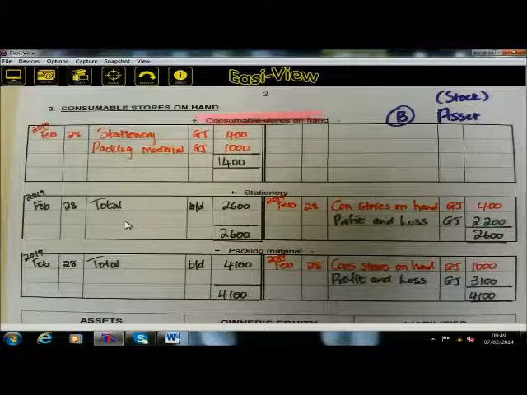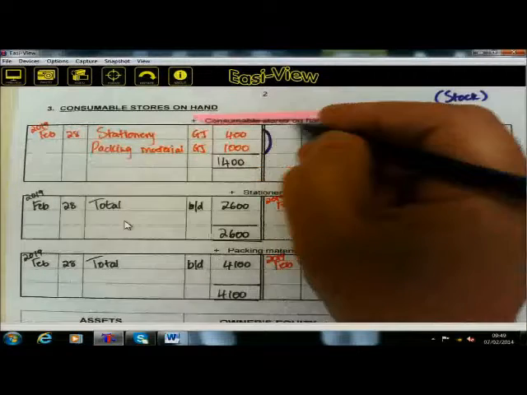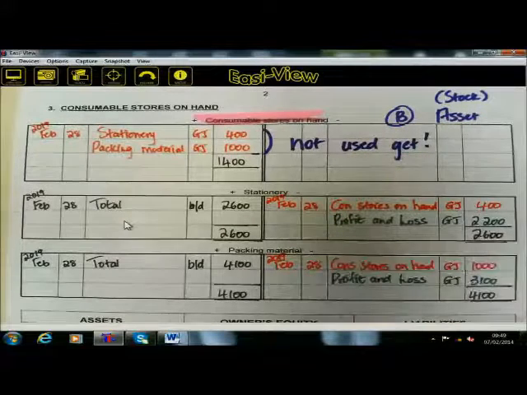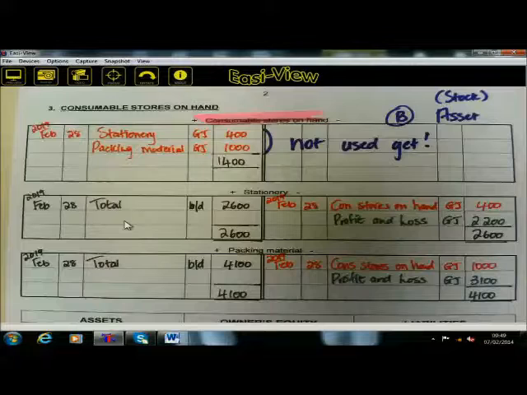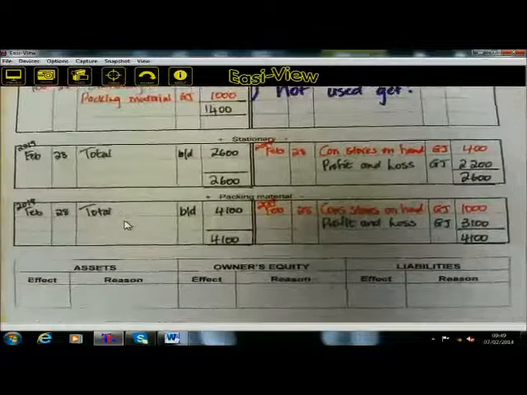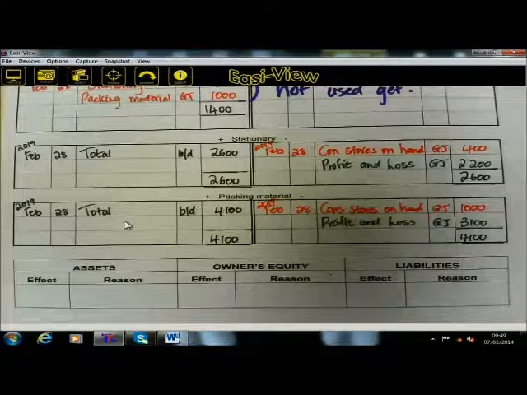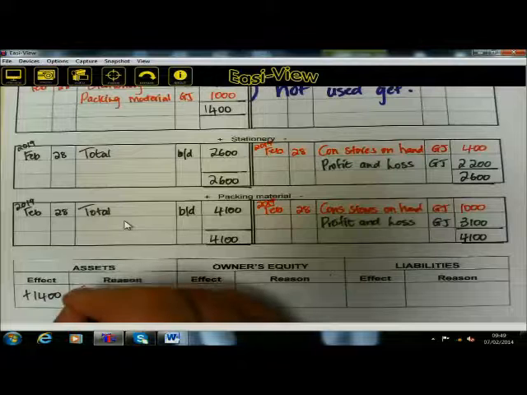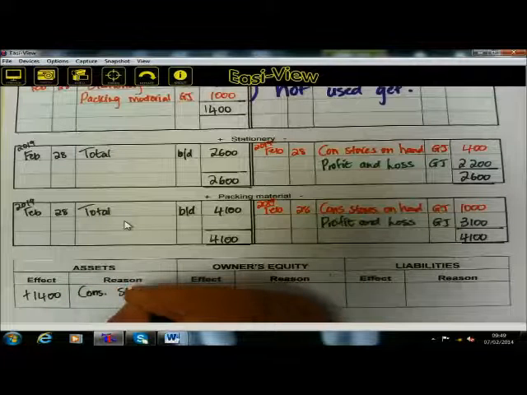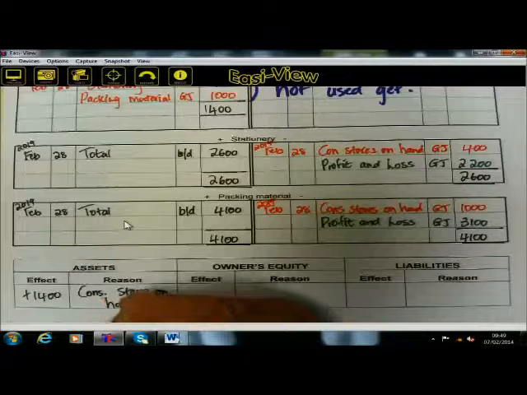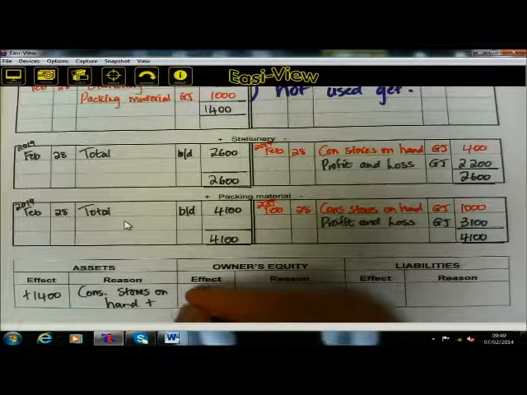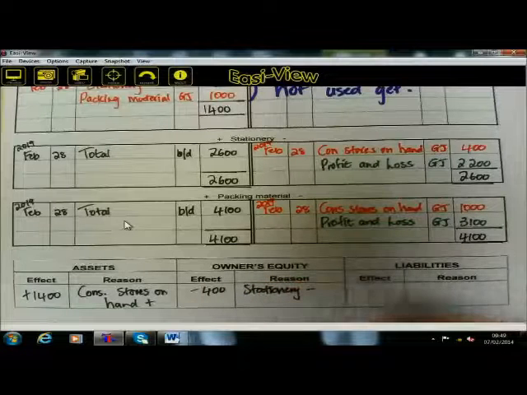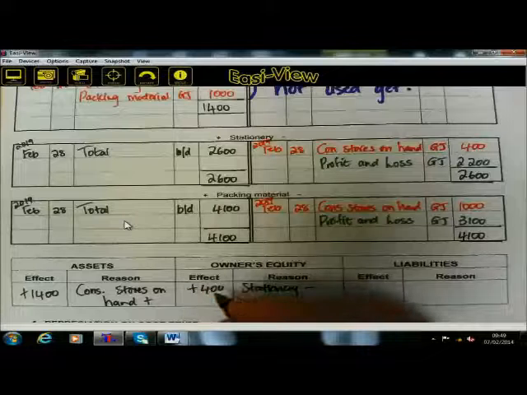Please, whatever you see here is not used yet. That's why you can count it. Assets, owners' equity and liabilities plus 1,400 rand. For the assets, because your consumable stores on hand becomes more. Minus 400 rand, because your stationery becomes less. Sorry, plus, remember,